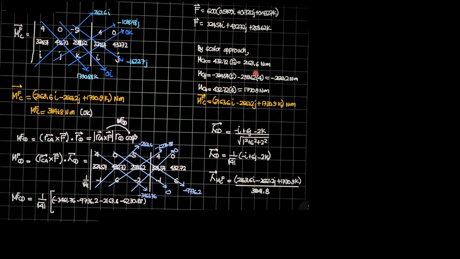scalar approach. Then MCY: this component has no moment. Cx is in that direction, the moment is negative because Cy is in front. The positive sense is that, and the moment of the x component of force is opposite. The moment of the z component is also opposite in sense. Therefore, it is negative 324.54 times 5, then negative 259.62 times 4. So negative 2661.2 Newton meter. So again, draw the figure so that you won't be confused on how I set up these moment equations.